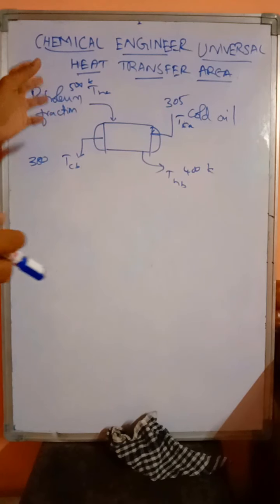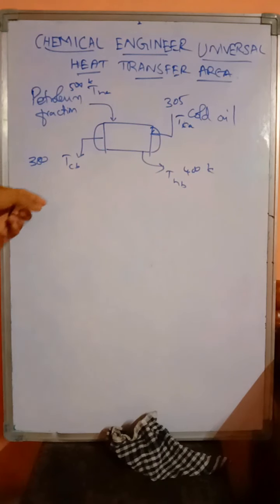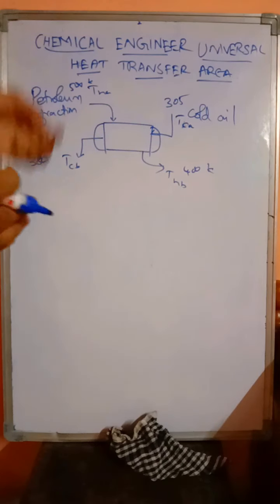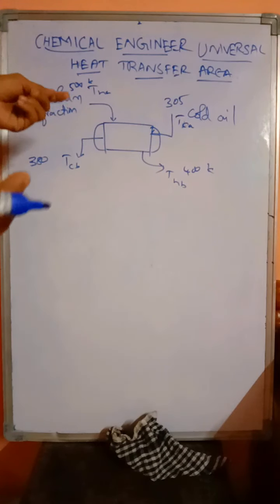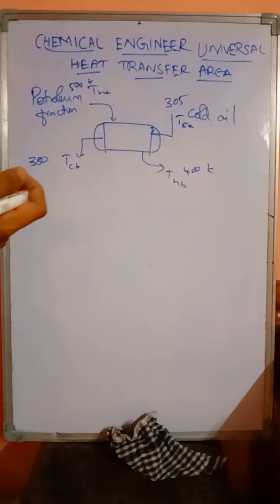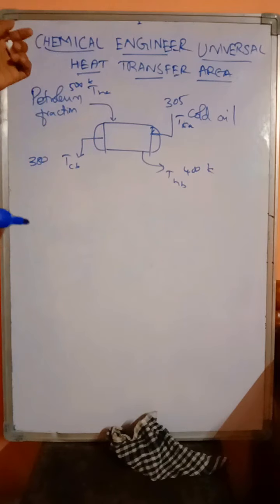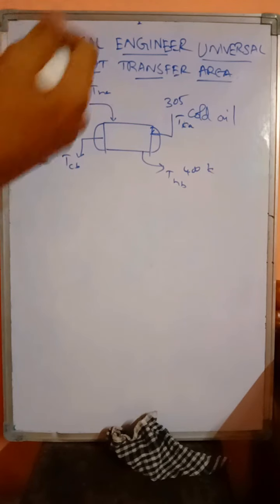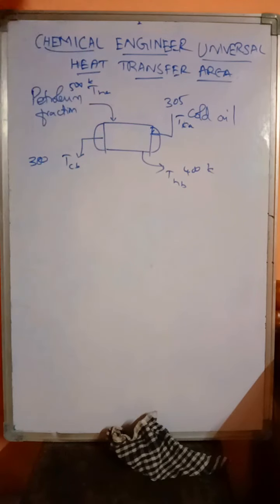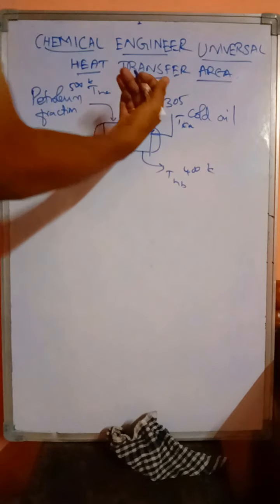So we mostly see heat exchangers in oil and gas industries. We are going to take a model scenario. We are having two fluids which are ready to exchange heat. We are recovering the heat, and we have to find out how much area is needed to get that energy, right? So like hot side and cold side.